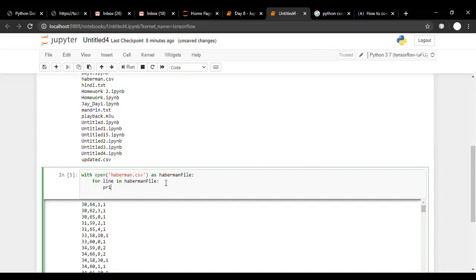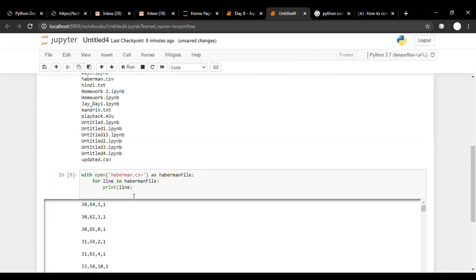And now we are simply printing that line. And then we are saying end is equal to null. Why are we saying end is equal to null? Because when you read a line from a file, at the end of a line there is the \n character. Reading one line means reading the sequence of characters till \n, and \n is also part of the line. So if I'm not using end is equal to nothing, after every line it prints one empty line. Just to avoid that, I am saying end is equal to nothing.